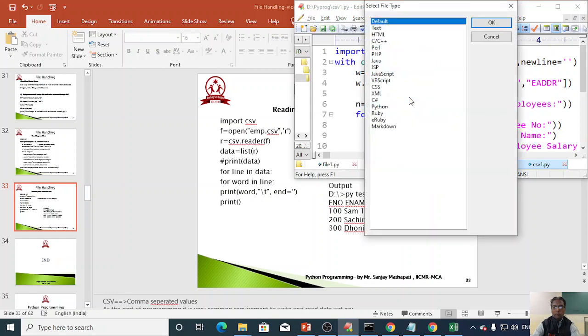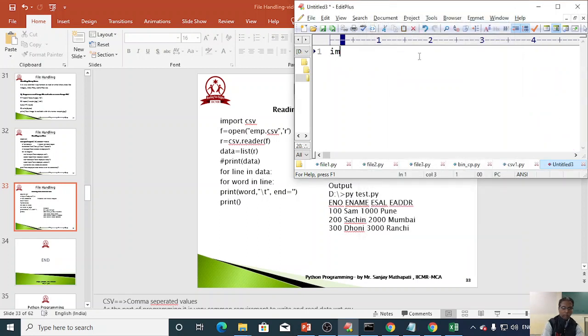Import csv, f equals open, d colon slash slash pyplog slash slash, forget to include the double quotes, xyz.csv comma read mode.